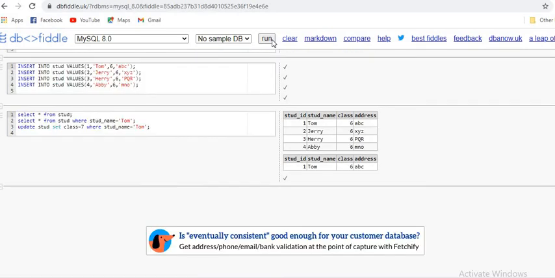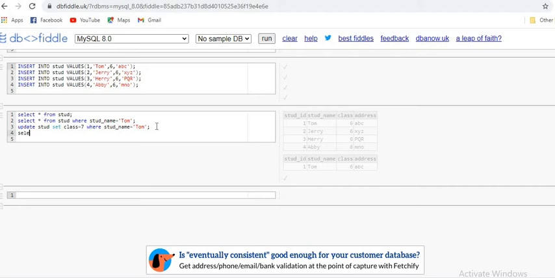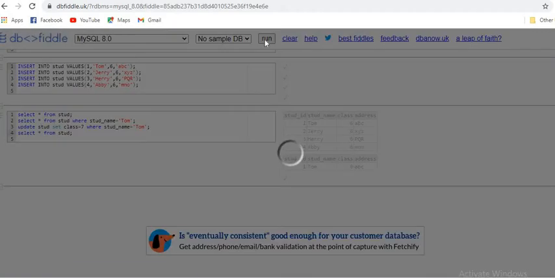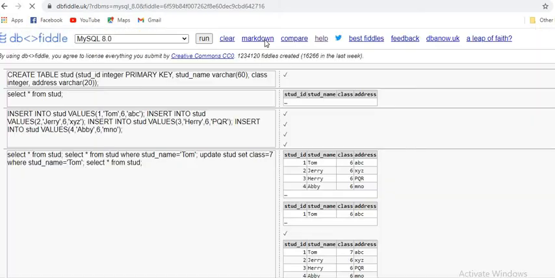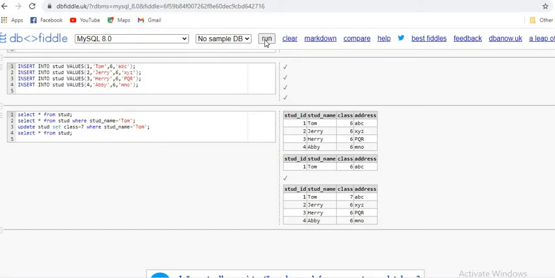And it has already executed. So how will I understand whether it has been done or not? See the new table, the previous one was having 6666 and the new table is having 67666.